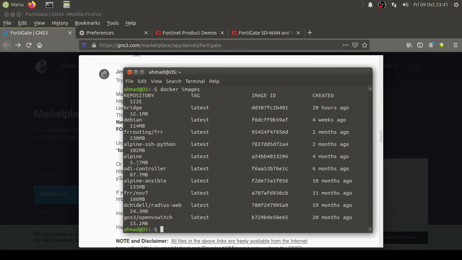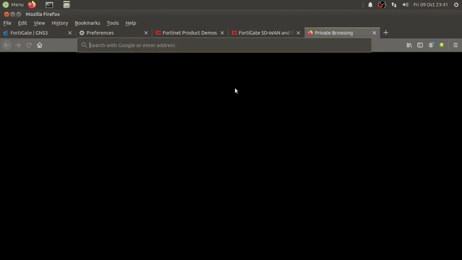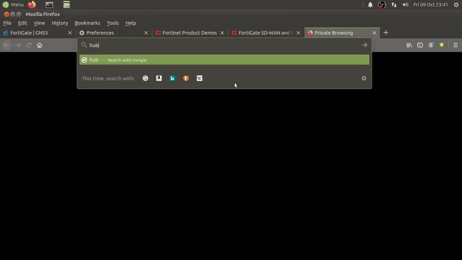It's Alpine Linux. Look at the size, only 5 MB, and it's a full-fledged Linux image that we will be using for this demonstration. To pull the image, you need to type in docker pull and the image name. To find the images, you need to go to, let's say, hub.docker.com.